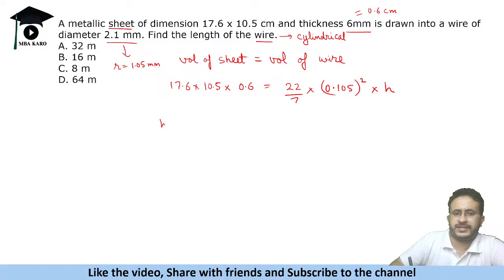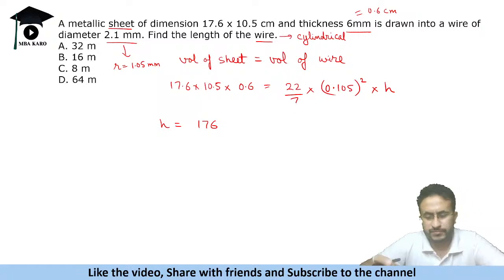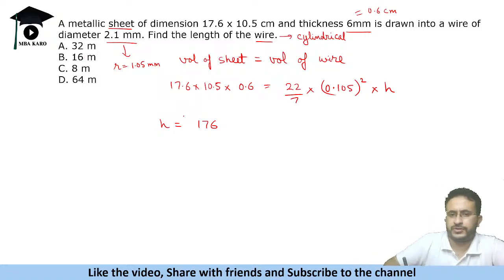So basically h will be 17.6. So let's do one thing. ठीक है, forget decimals and zeros. ठीक है, कितने decimal places है, कितने zeros है, forget it. Whatever you get, look at the digits. ठीक है, 32 आएगा तो like 320 आया, let's say आपका आंसर 1600 आया और 64,000 आया. Don't worry about that. Okay, so just put the numbers 176 into 105 into 6 upon 22 into 7, and